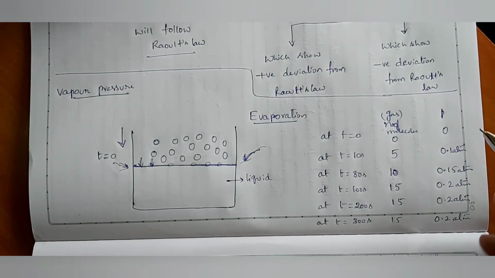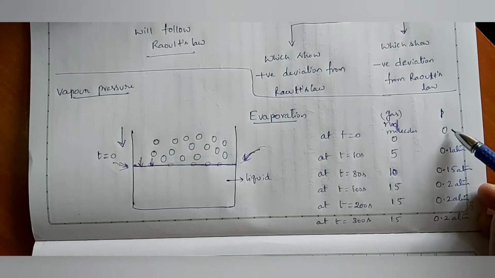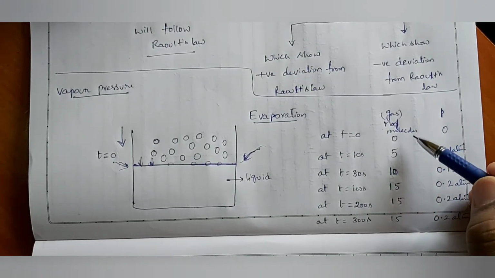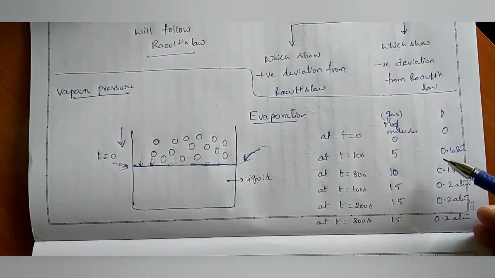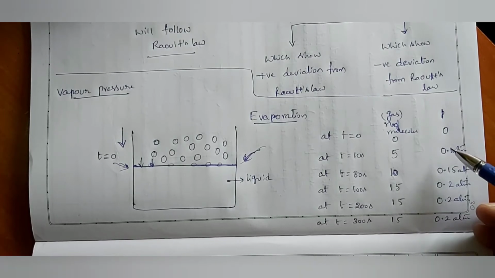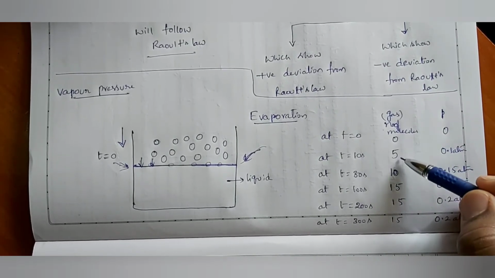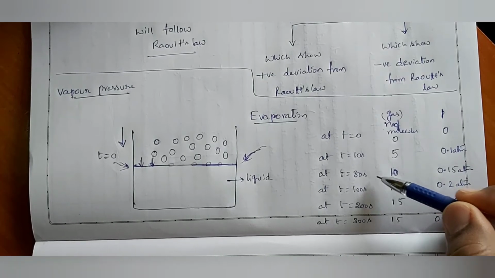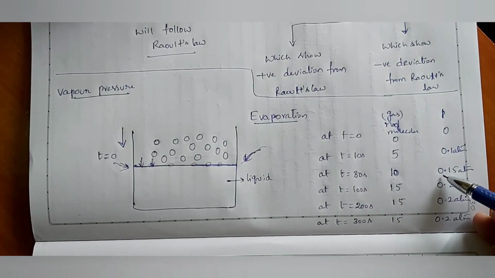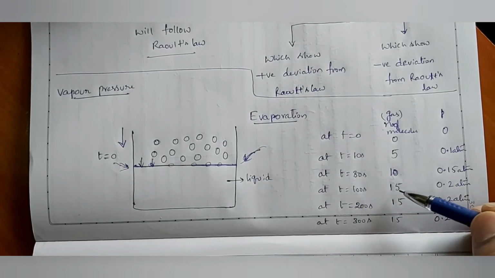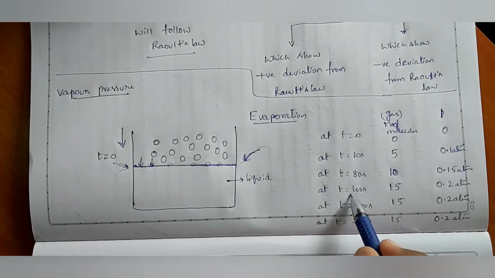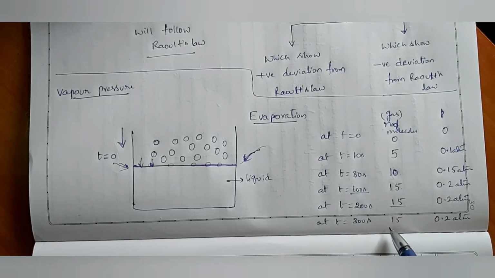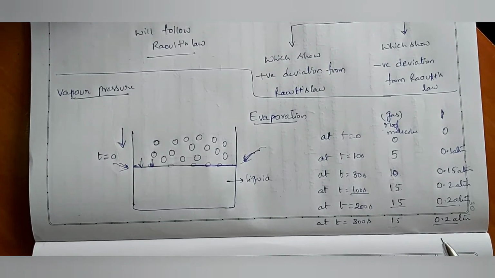What is the meaning of that? Initially pressure is 0. The pressure became 0.1 atmosphere with time. It means the molecules on the surface are absorbing energy and escaping into the gaseous state. Because of that, pressure also increases, and the number of molecules also increases. After 30 seconds, 10 molecules are there, 0.15 atmosphere. After 100 seconds, 15 molecules are there, 0.2 atmosphere. But after this 100 seconds, whatever the time, the number of molecules will not change, and pressure also will not change.